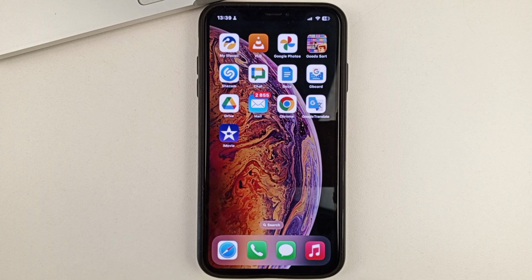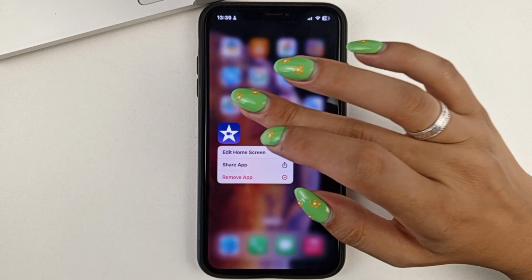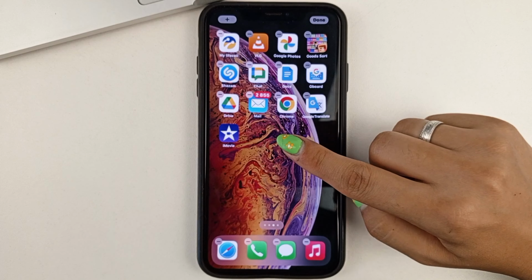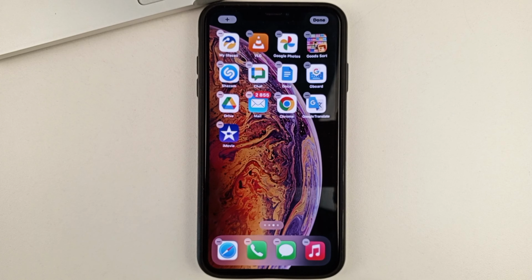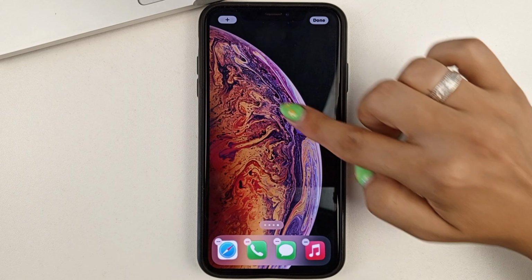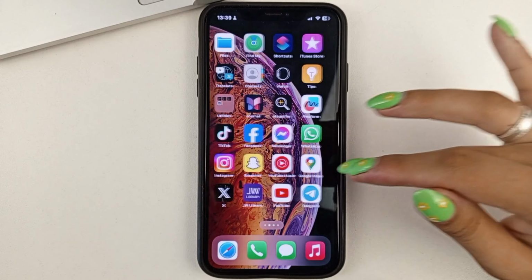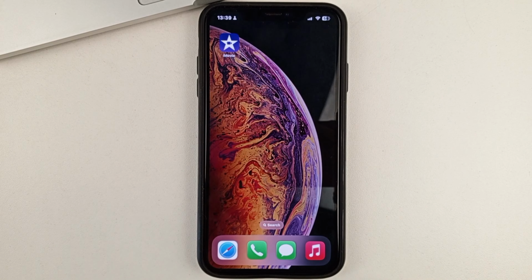In order to create a new page, you'll need to add an app or a widget to it. To do this, click on any of the applications. And that way, when they start to stagger a little bit, you'll see that they can be moved. You can grab the app and drag it. And so, as you can see, a new page has now been created that has one of the apps on it.